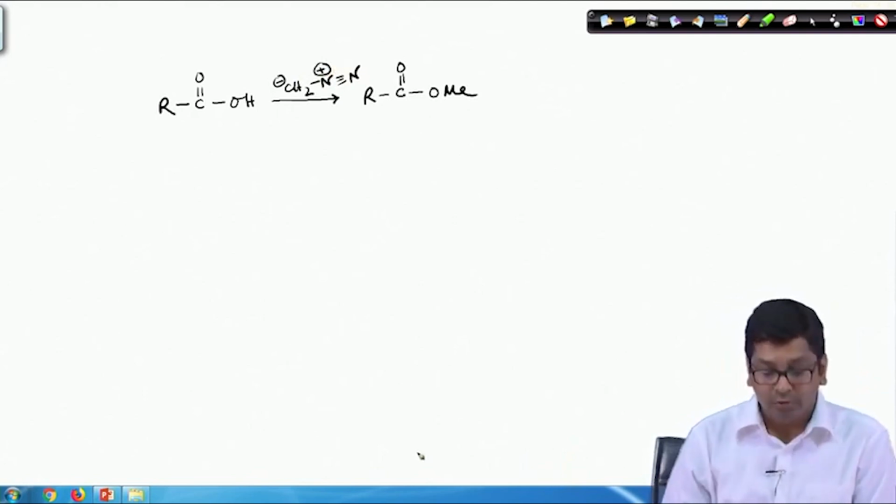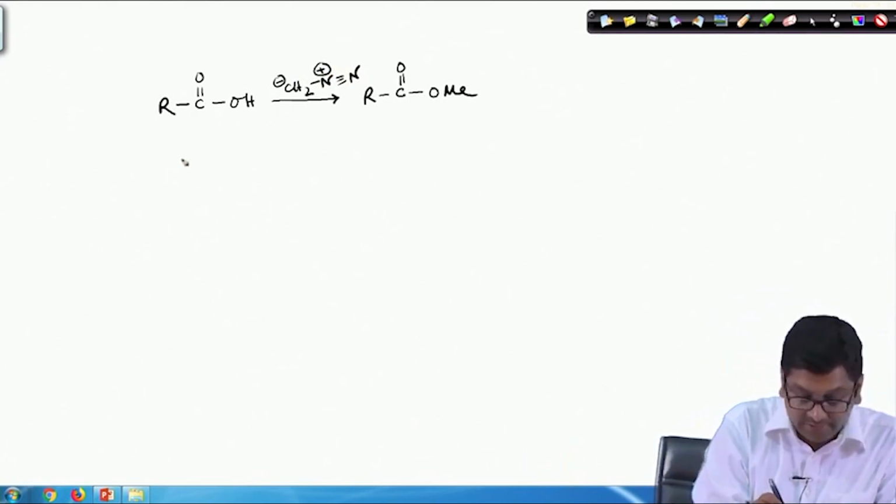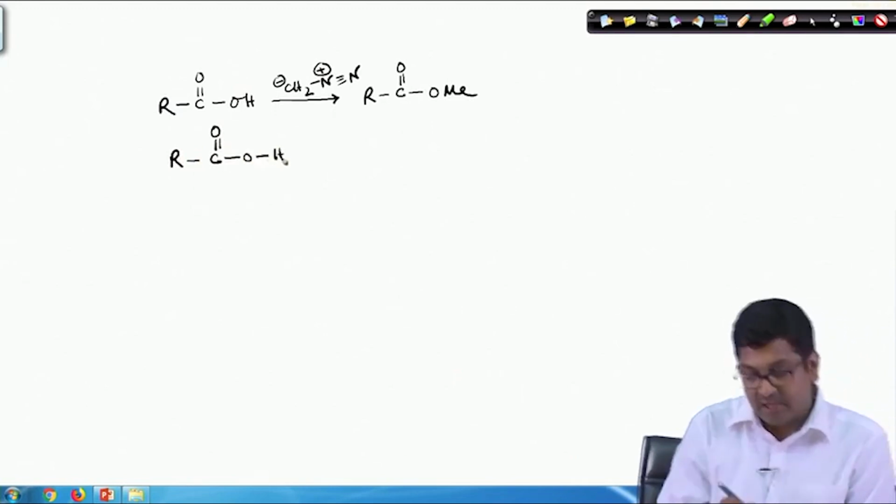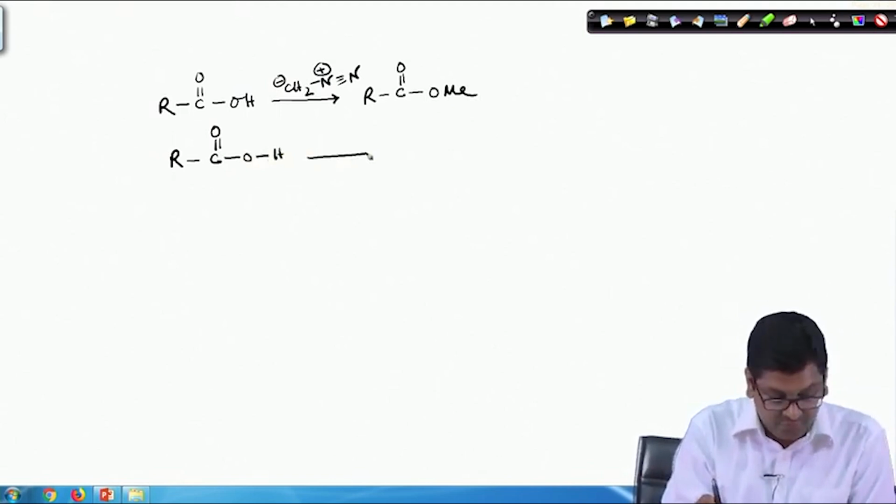Okay. So, we have seen that once this carboxylic acid is there, first